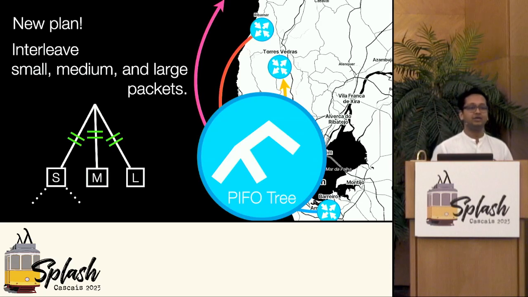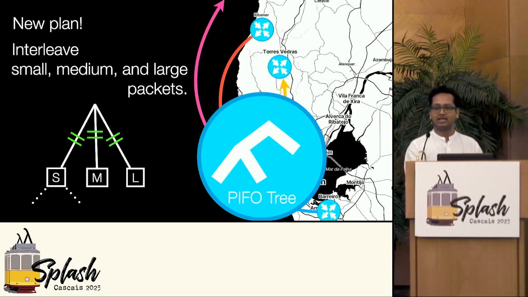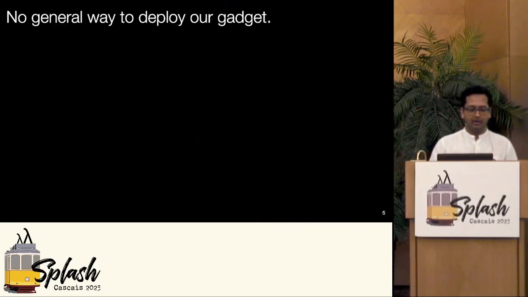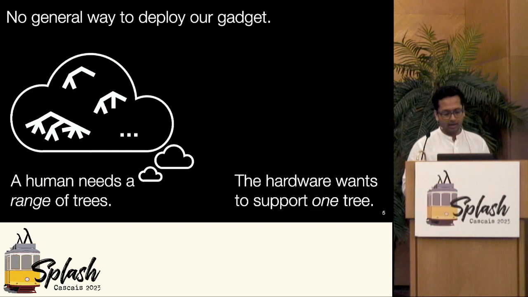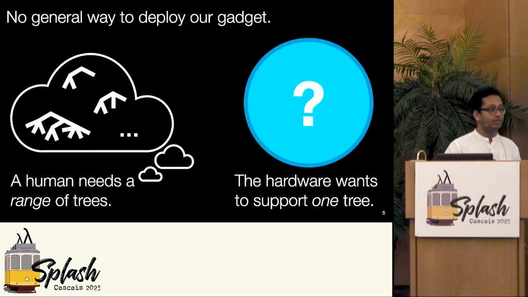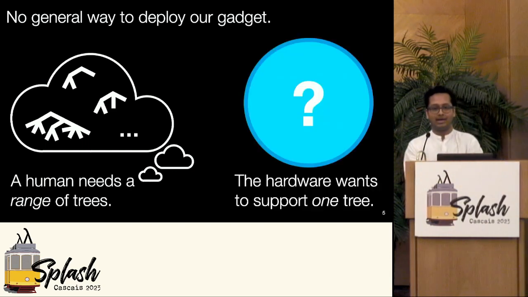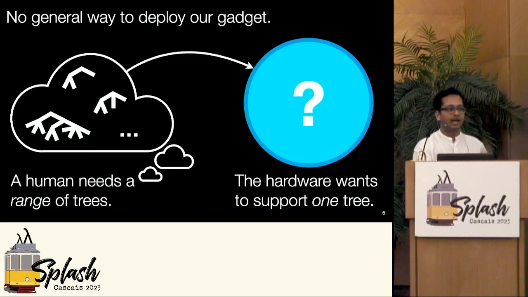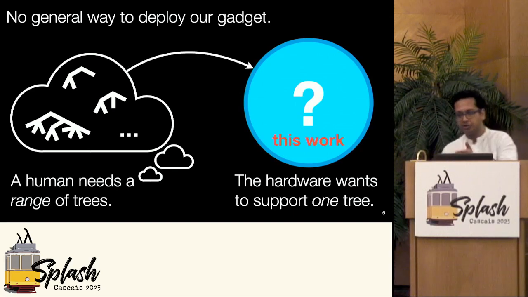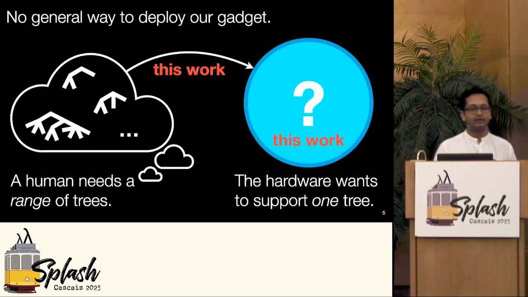But already you can appreciate how unsatisfying this problem is. Right? This is a nice gadget. It can do a bunch of stuff, but it fails in an unsatisfying way. And I've not just made this up. Users are going to want to program the trees in all kinds of ways. And the hardware, which does not turn on a dime, is going to want to build one thing and deploy that. And I'm going to have to make a connection between those 2 things. And that's what this work will do. I'll show you what to put on all your hardware and how to get there.